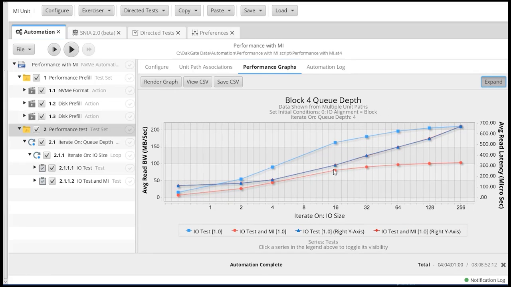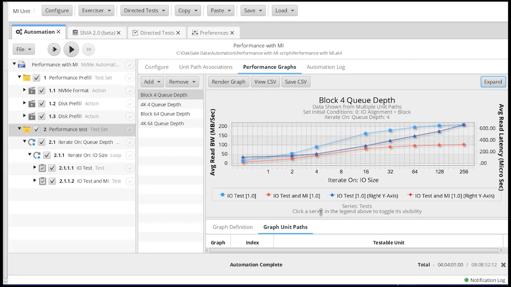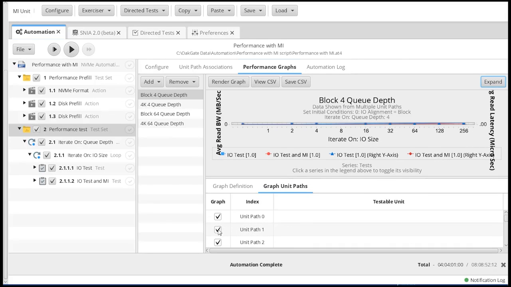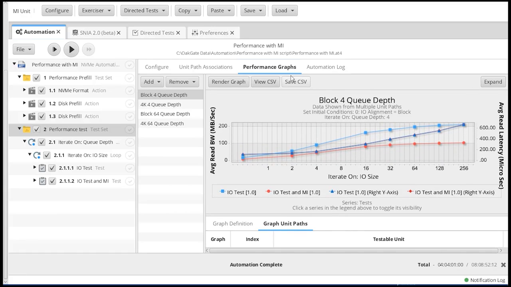You can see I have this bandwidth line that's down here, but that's actually down there because it's accounting for the MI, and in this case I don't want that. So I'm going to not expand it, and I'm going to say I don't want this unit path, and then render my graph. And now I have an accurate representation of both bandwidth and latency.